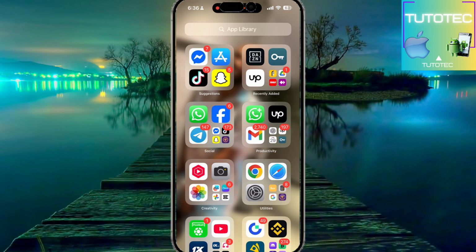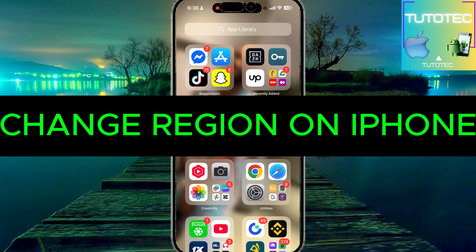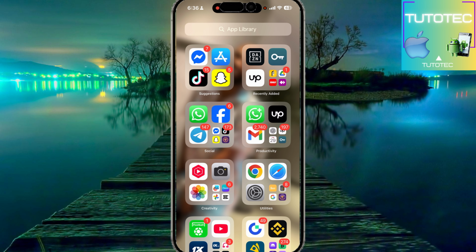Hello, in today's video, I'll teach you how you can change your region on your iPhone without any problem. To do so is very simple. So first of all, you have to go to